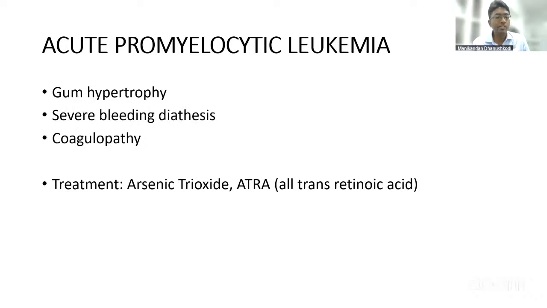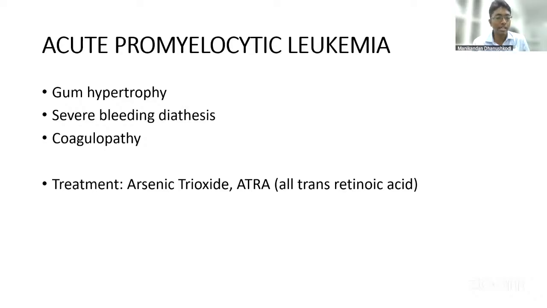And these patients, we need not treat them with chemotherapy. We need to treat them with differentiating agents. One among them is arsenic trioxide. So arsenic trioxide, I would like to mention that CMC Vellore was the first center to actually incorporate arsenic trioxide in the treatment of AML, and this arsenic trioxide has been followed world over by multiple institutes. Before arsenic trioxide, we also had ATRA, all-trans retinoic acid.